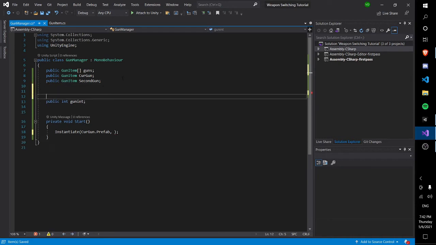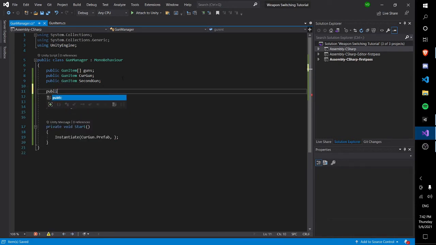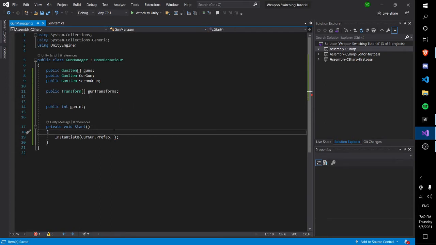So we're going to add another transform. So we're actually going to add a public transform list of gun transform. Okay, so current gun prefab. Before we actually instantiate, we want to get the transform from the second array from the first array. So we're going to create a new temporary variable, and we're going to call this temp gun transform is going to be equal to